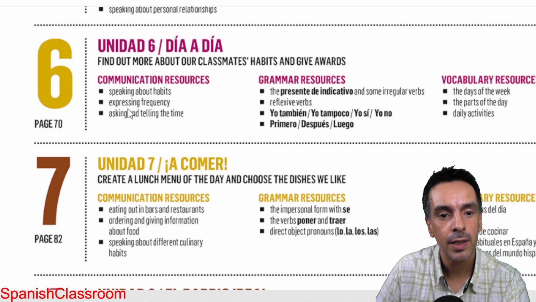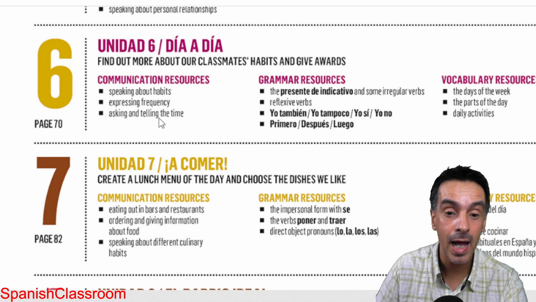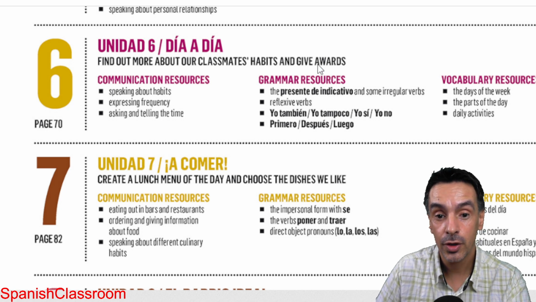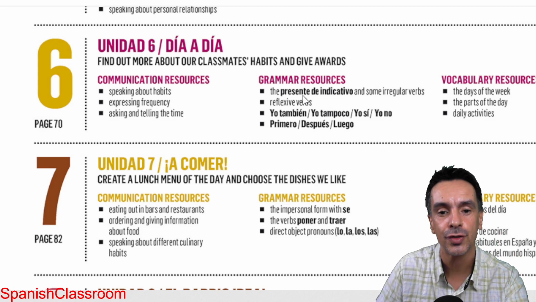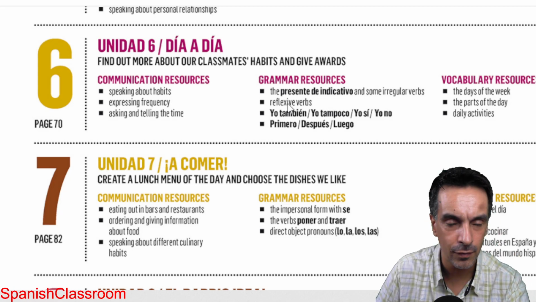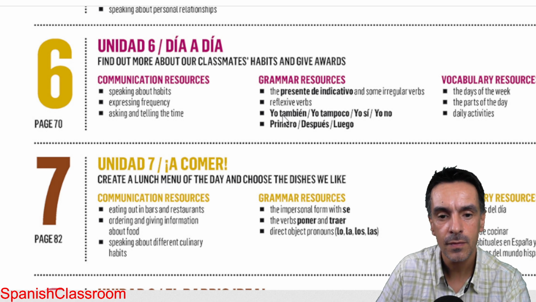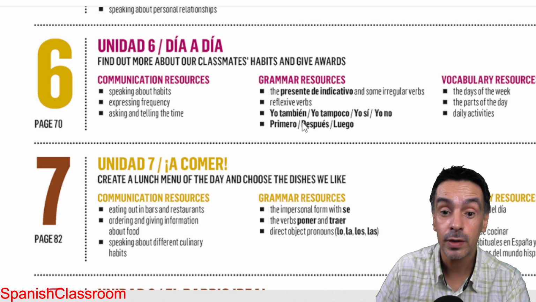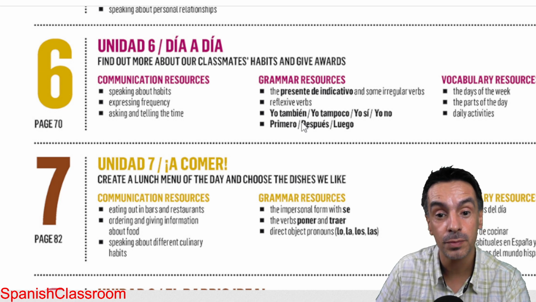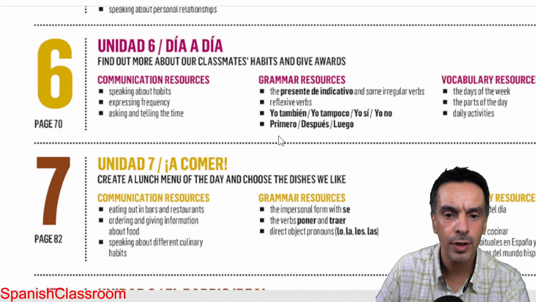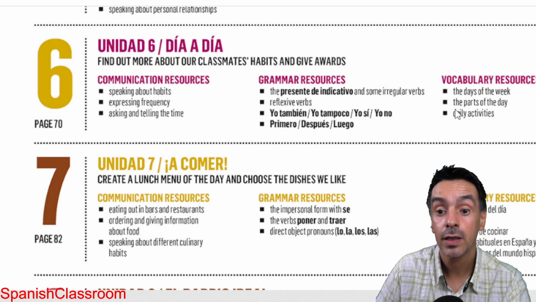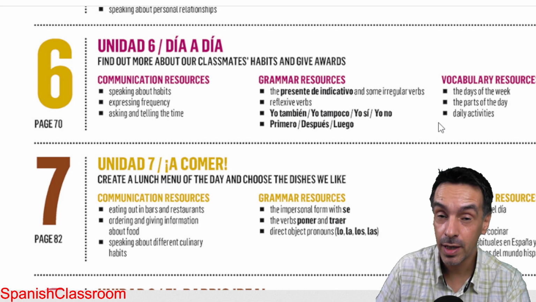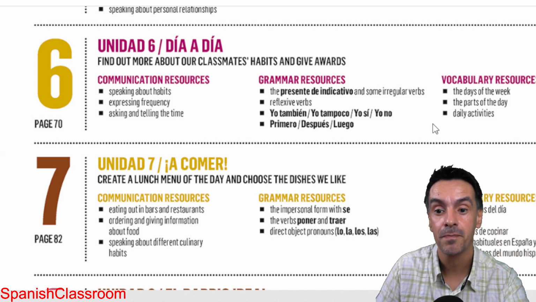In unit 6, día a día, day by day, find out more about our classmates' habits and give awards. Communication resources, speaking about habits, expressing frequency, asking and telling the time, what time is it, right? In the grammar, presente indicativo, means present tense but gives indications. Reflexive verbs, very important also. Yo también, yo tampoco, yo sí, yo no, me too, me neither. First, after, then, luego, and vocabulary resources, the days of the week, the parts of the day, mañana, tarde, noche,